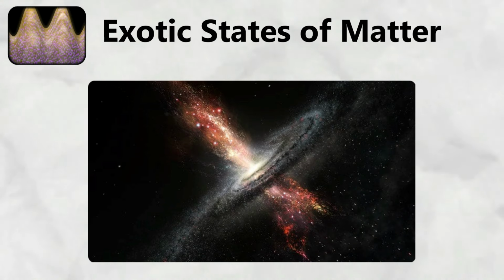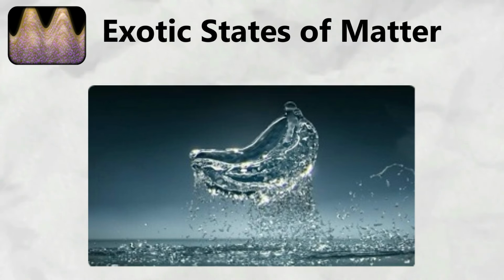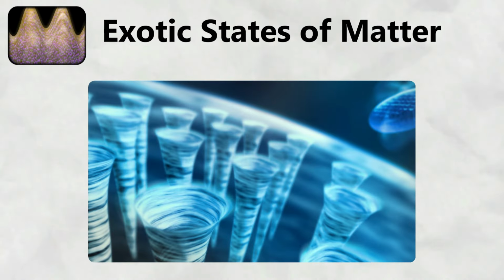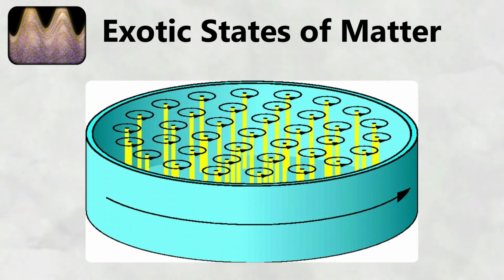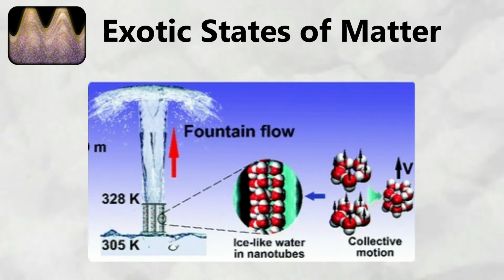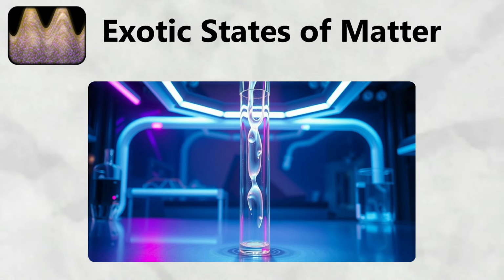Superfluids are liquids that flow without any viscosity or friction, allowing them to climb up container walls and flow through impossibly narrow spaces. Liquid helium becomes superfluid when cooled below 2.17 Kelvin, creating a state where the liquid can flow in circles forever without slowing down. Superfluids can also exhibit fountain effects, where the liquid spontaneously flows upward through narrow tubes due to quantum mechanical pressure